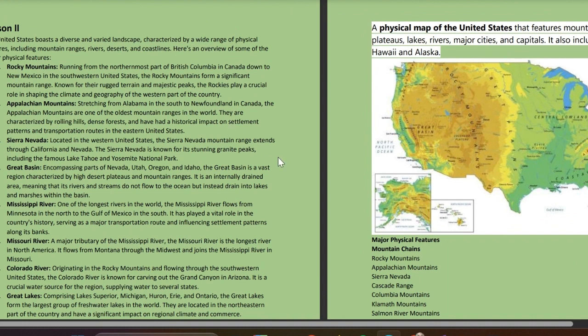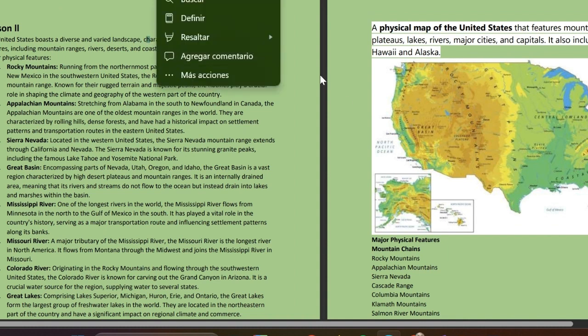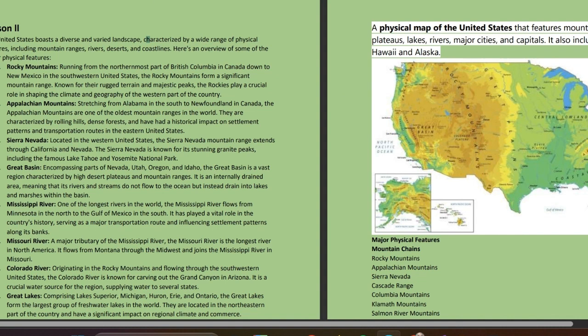So the United States boasts a diverse and varied landscape, characterized by a wide range of physical features, including mountain ranges, rivers, deserts, and coastlines. So here's an overview of some major physical features,